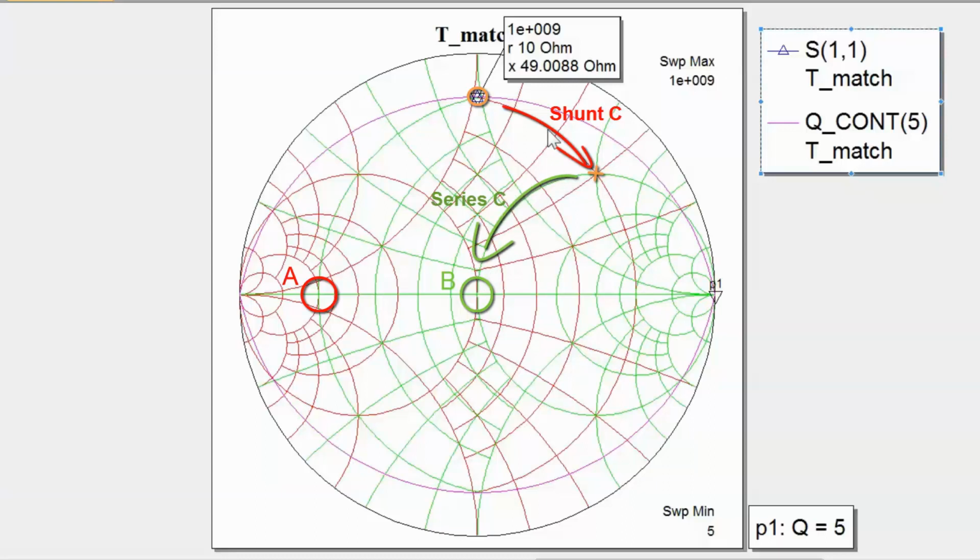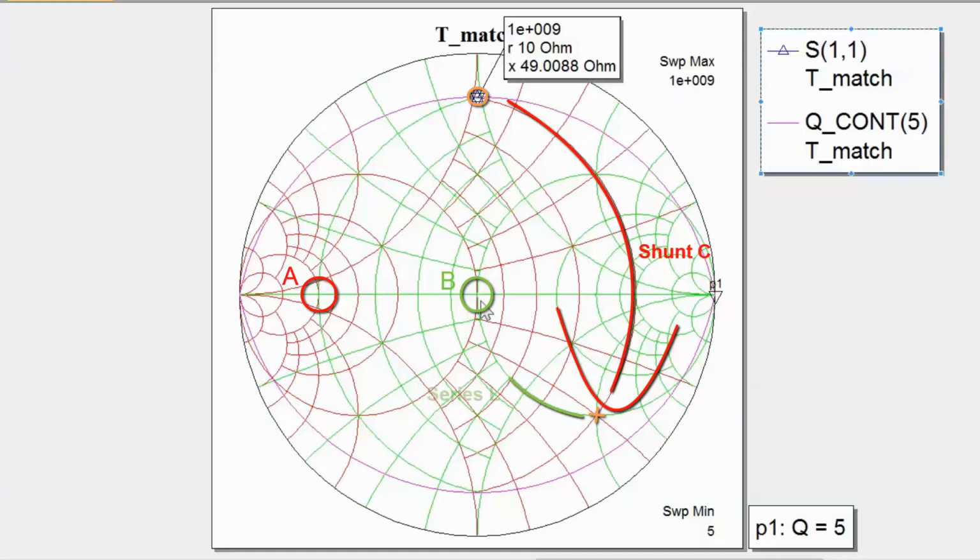Or we can just get ourselves all the way down to this other intersection with the unity resistance circle and then move up the circle to the center of the chart. Of course, depending on how you do it, you will be getting different elements. So the way we will do it is to go down the constant conductance circle up to the second intersection with the unity resistance circle, and then we will move up this unity resistance circle to the center of the